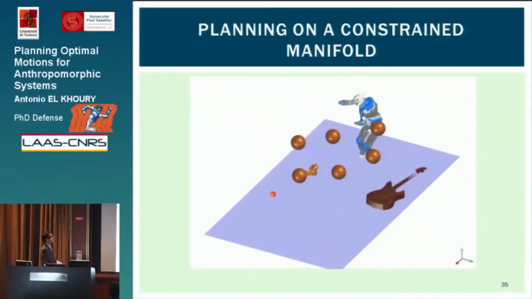In this example, we have used the same constraint planner that I introduced before in the second part, where we have fewer constraints. So the feet are allowed to slide in the environment. And here we have a set of floating objects, and the robot is able to lift and move its arms in order to pass through them. Now, of course, this path that we found is not executable directly on the robot, because the path is sliding, and we need to convert this path to a